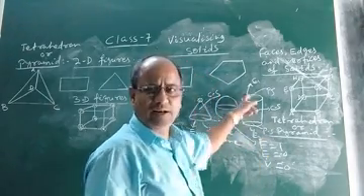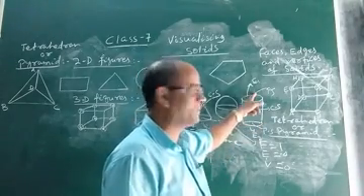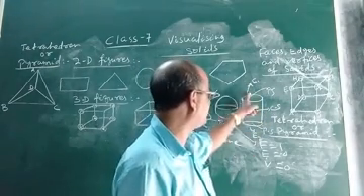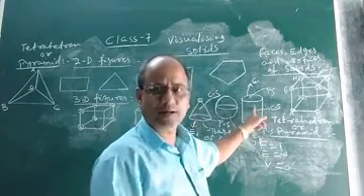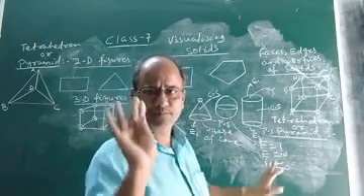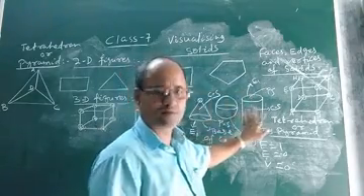So clearly, a cylinder has 3 faces or 3 surfaces. 2 of them are plane surface and one is the curved surface. Then it has 2 edges. This is edge 1, edge 2. And what about vertex? Does it have any vertex? The answer is clearly no. A cylinder has no vertex. So these are 3-dimensional solids.